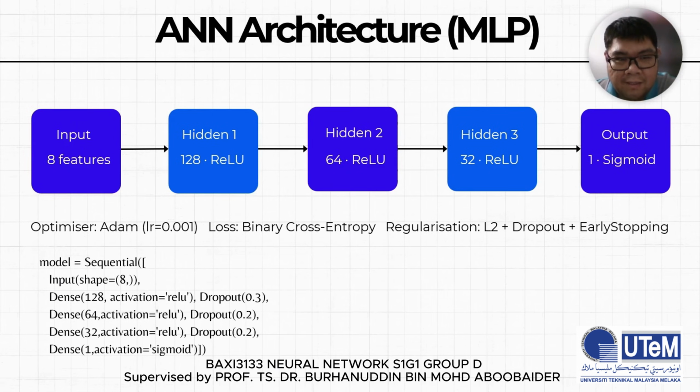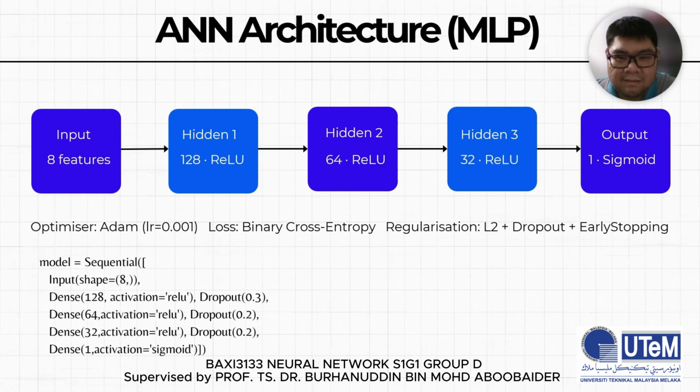Hi, I'm Sun. Now I'll explain our ANN architecture. So for our model architecture, we built a multi-layer perceptron. First, the input layer takes in our eight patient health features. The data then passes through the three hidden layers containing